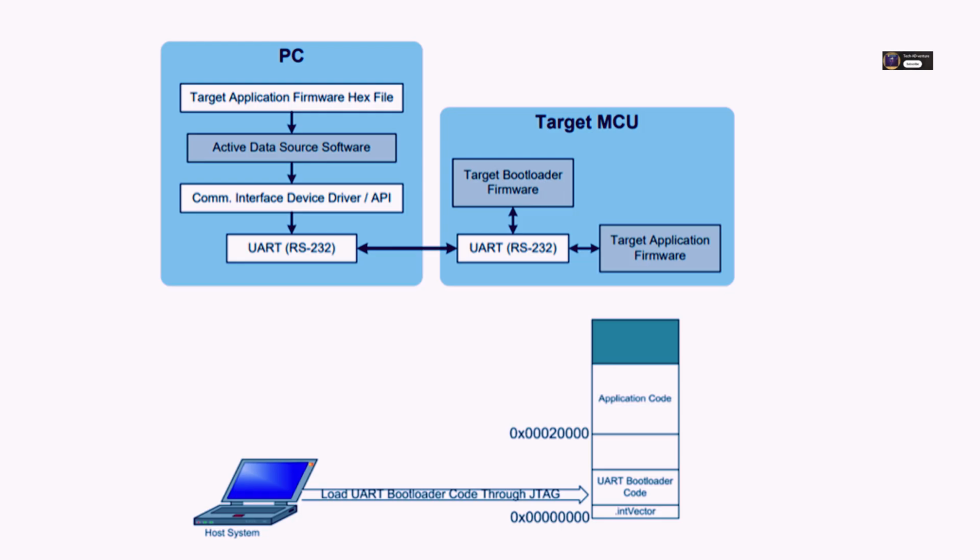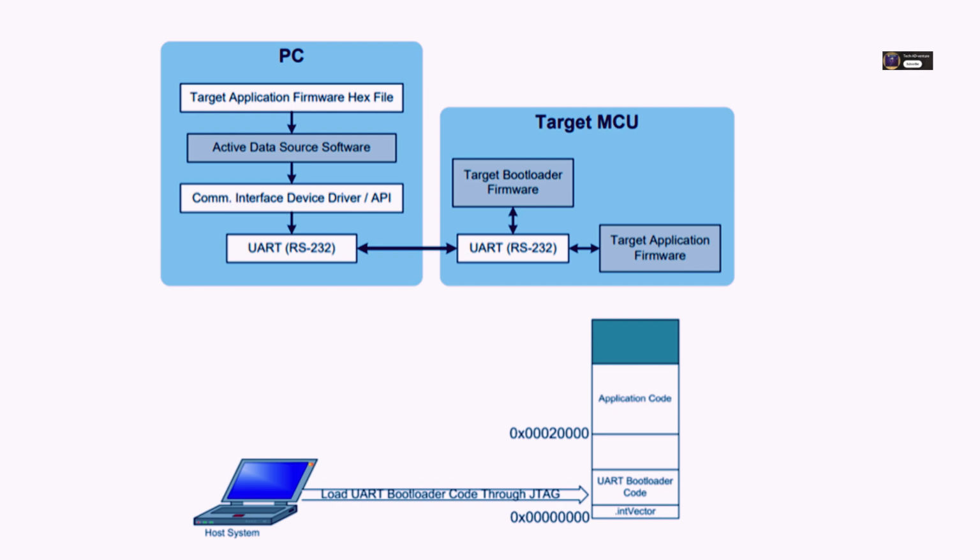The big advantage, as we said, is that you don't need a specialized hardware programmer, like a JTAG or SWD probe, to update the firmware in the field. You can just use a simple USB to UART adapter and software on a PC. Many microcontrollers, like STM32s, come with a factory-programmed UART bootloader built in. Very convenient. Okay, focusing back on the firmware code itself, how do you actually send and receive data in C,